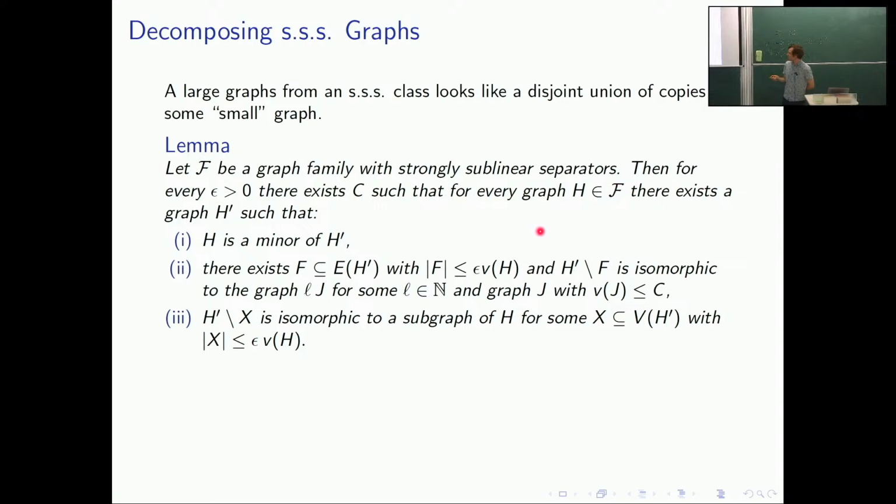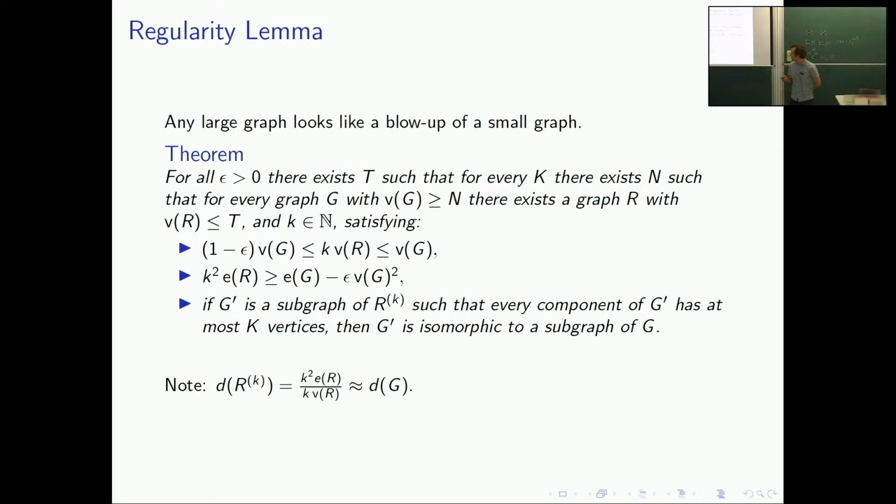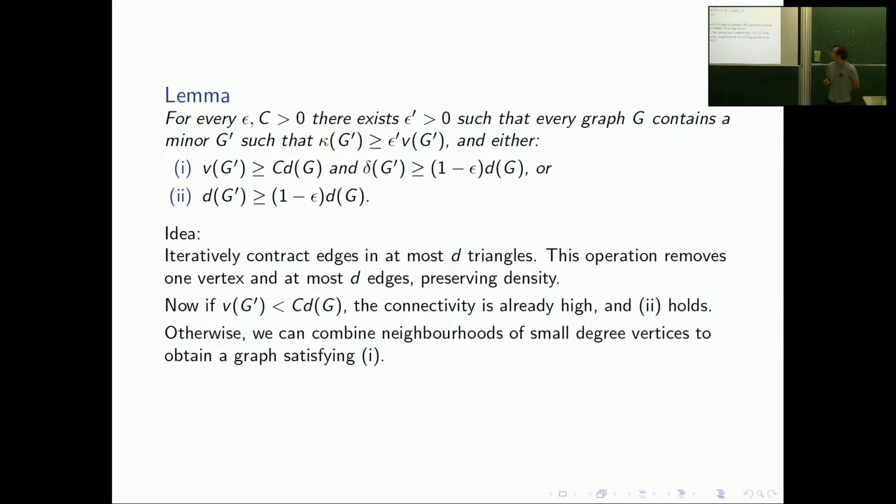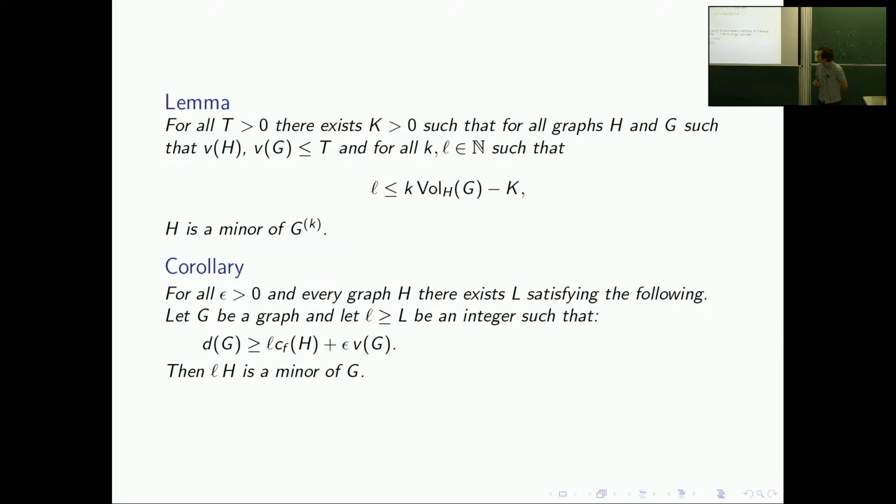So basically, if we can somehow add these extra edges back in, then we will be done. So what we need to do is somehow connect these disjoint copies together with these extra edges that we've thrown away. So the way we do this,